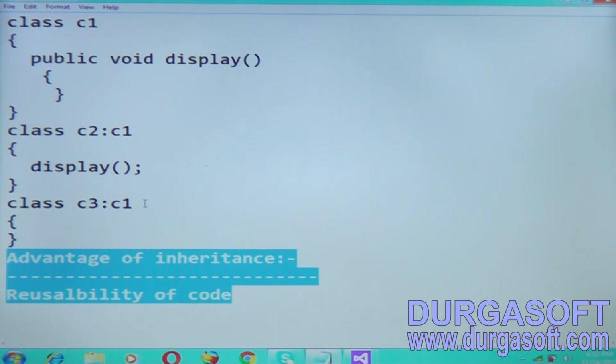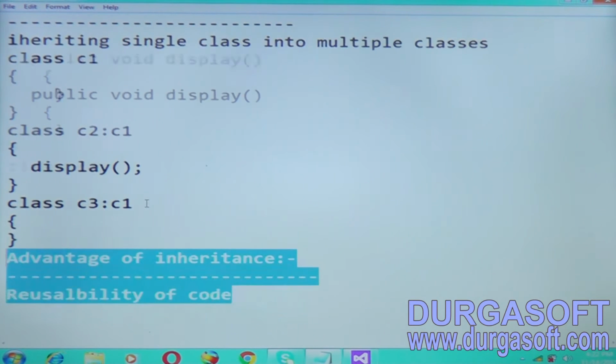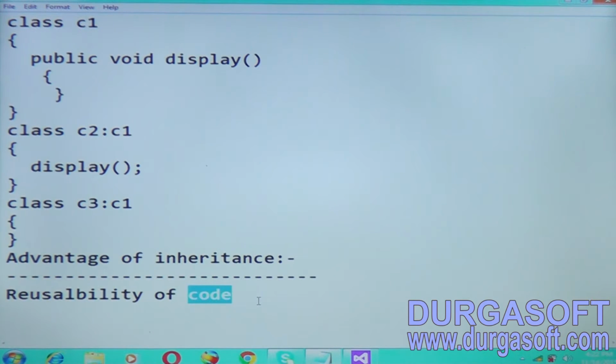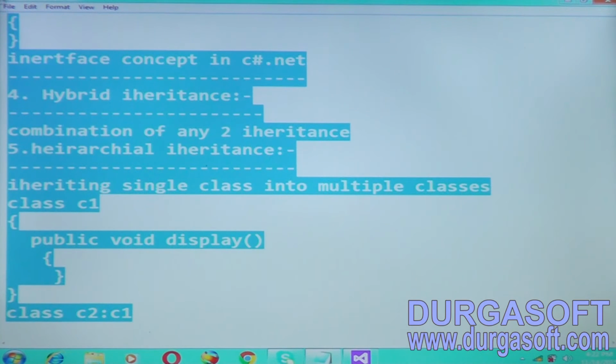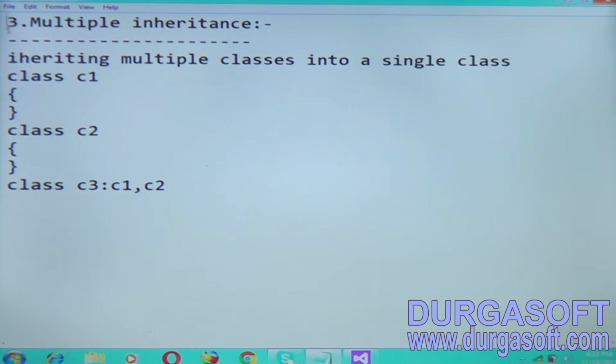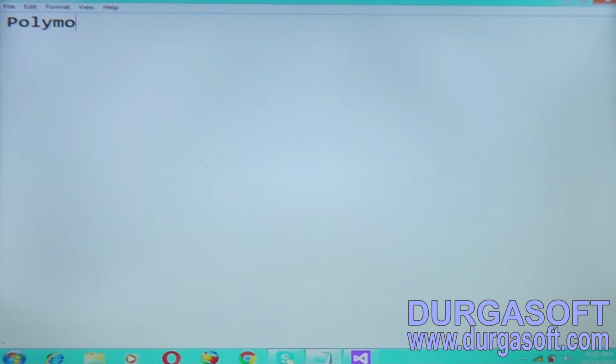And next thing is polymorphism. Polymorphism is a very important concept. Implementing multiple functionalities with the same name is called polymorphism.